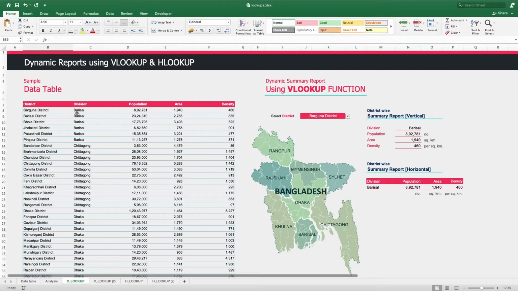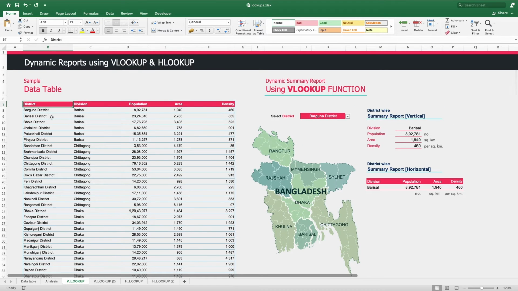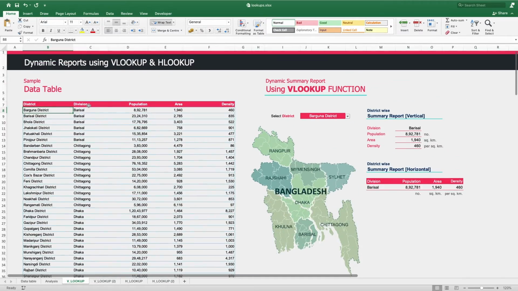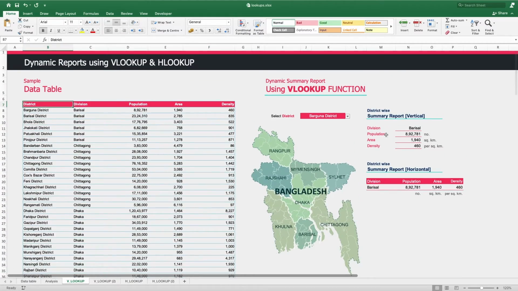As you can see, I'm going to be using this data table for the sake of this tutorial. Now, this table is actually data that represents the names of all the districts of Bangladesh and names of all the divisions each district belongs to, the number of population living in each district, total area in square kilometer of each district, and finally the density, that means the number of population living in each city per square kilometer. And from this data table, we are going to be creating this kind of beautiful looking summary report,